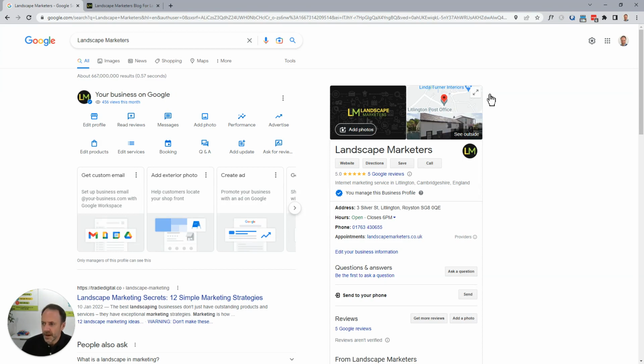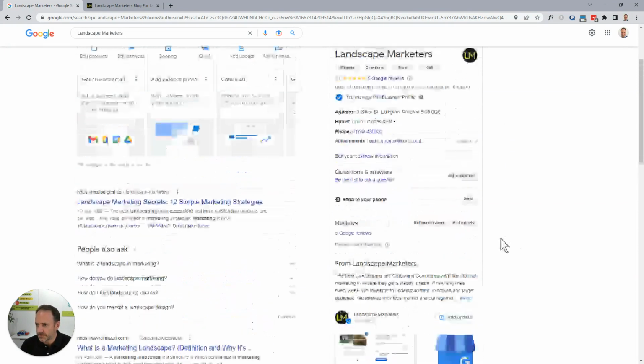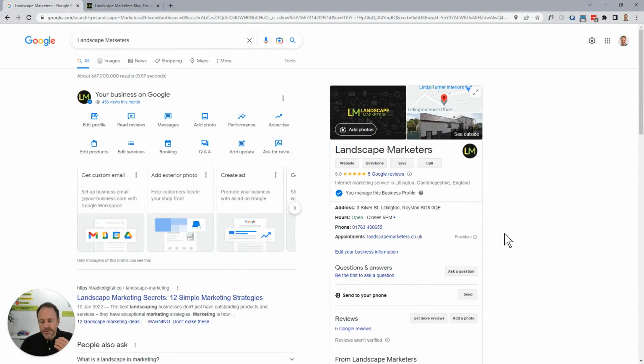Second thing is the updates, the posts on your Google Business profile. Now they display down here just below the information about your company. The sorts of things you can put on there, if you have a blog on your website, you can put your blog posts on there, recent work you've done, interesting projects, information on the company, all that type of stuff is ideal for the Google Business Profile posts. And to add one, all you do is click on the Add Update button here,